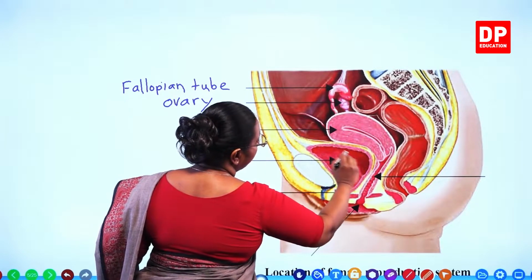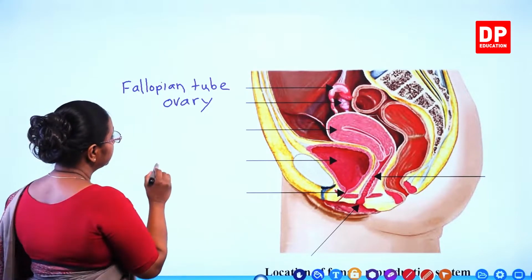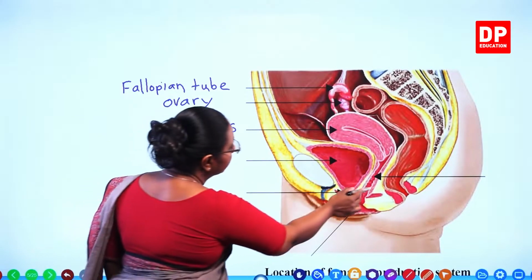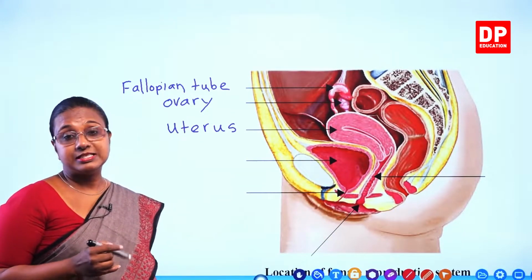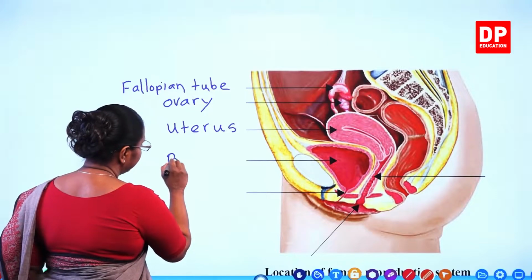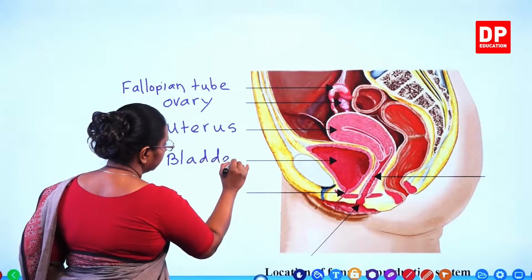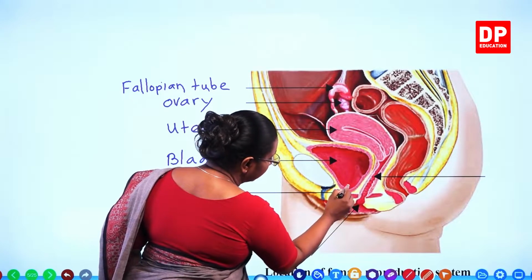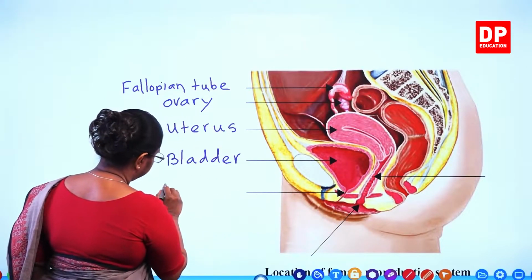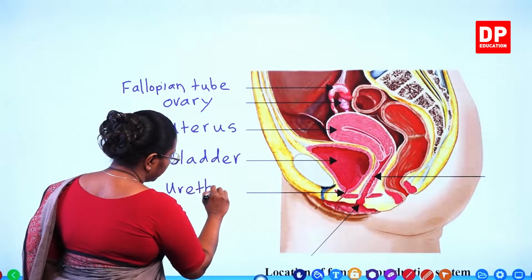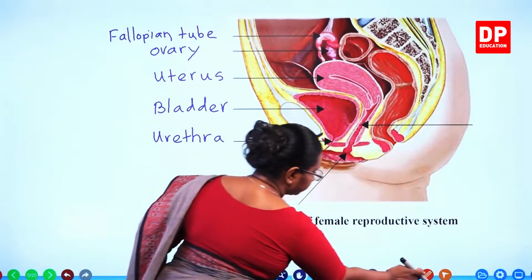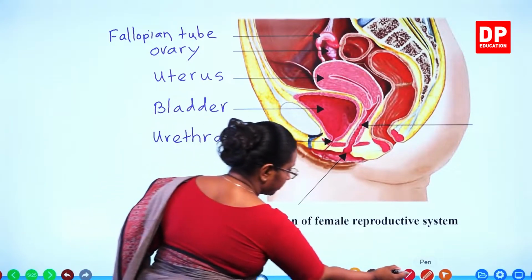Then here I told you all the hollow structure, that is the uterus, or what we normally call the womb. Then what is this? This is part of the urinary system or the excretory system, that is the urinary bladder, or we can just write it as the bladder. So, here you can see, students, the bladder opens into the external environment or exterior through the urethra. So, that is a separate opening,